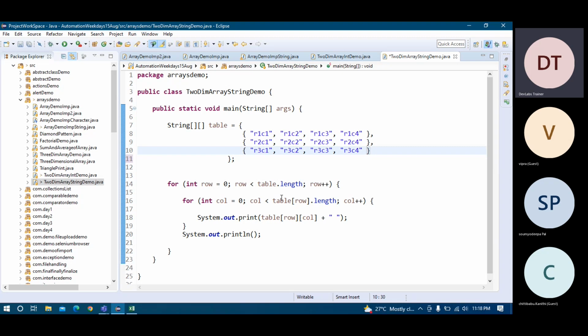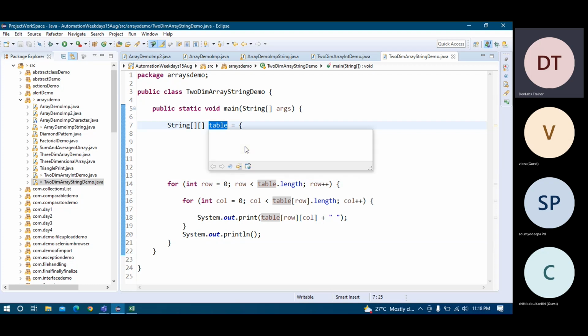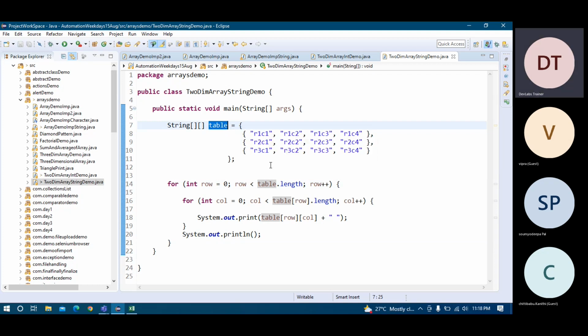But I may not know how many rows and how many columns there could be, right? So that's why I am using my superhit formula, and it will do everything for me. The outer for loop is for row and the inner for loop is for column. I don't know how many rows there are, so I just use starting value 0. Row is table dot length. The table name here is table. You can take any name, it's up to you.